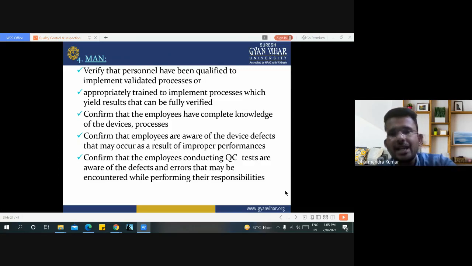It is confirmed that the employees conducting quality control tests are aware of defects and errors that may be encountered while performing their responsibilities. It is the responsibility of the quality control team employed in the quality control department.